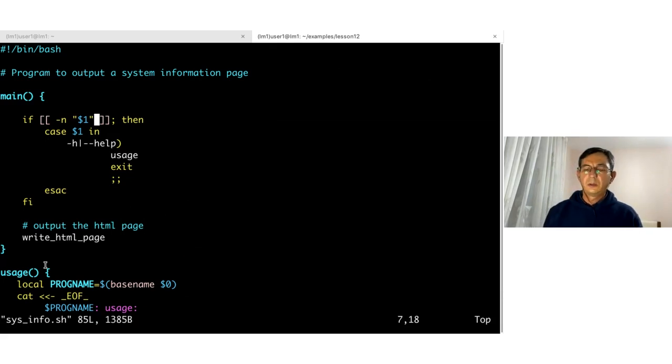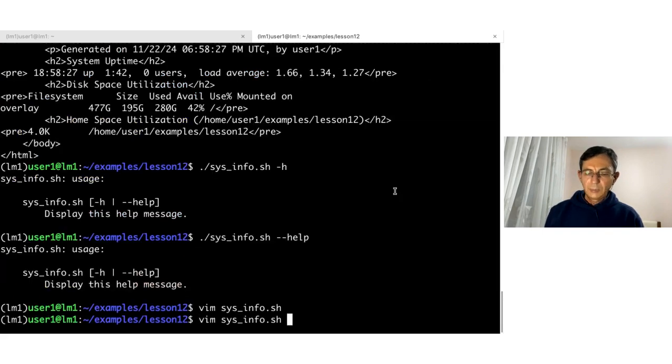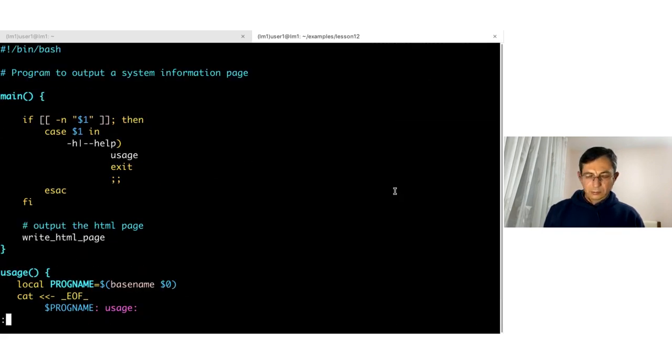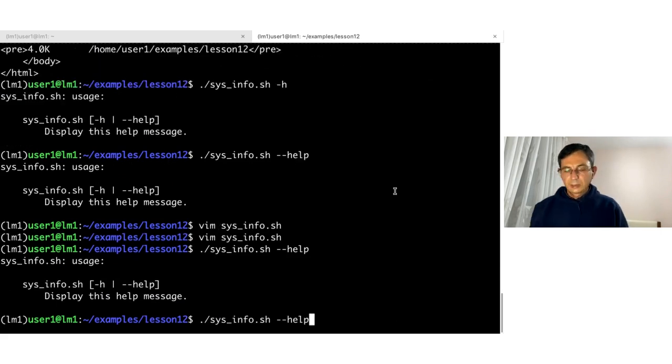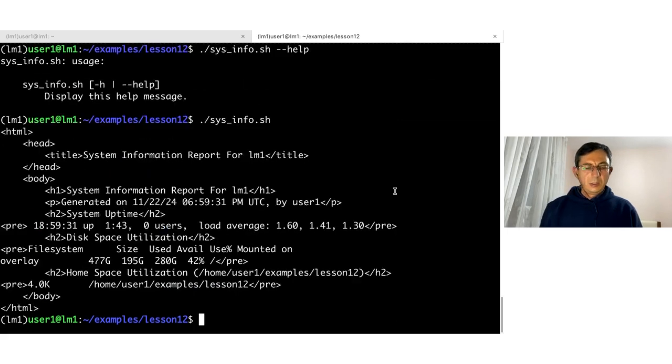By default, the output is sent to the standard output, which is the screen. And then I can redirect it to a file,